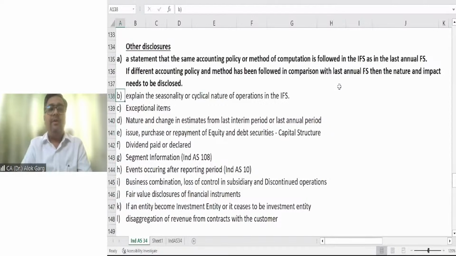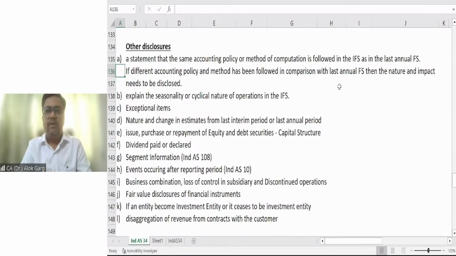Friends, now coming to the other disclosures. Other disclosures are mandatory disclosures, right? It doesn't matter whether it is material or immaterial. It has to be disclosed. In other disclosures, the first disclosure, sir,